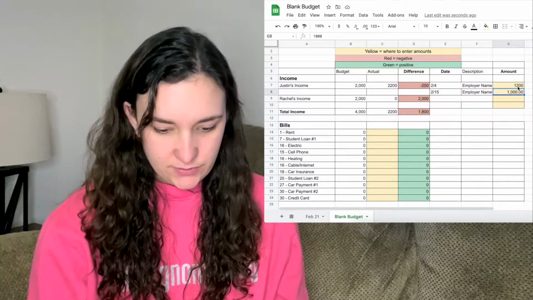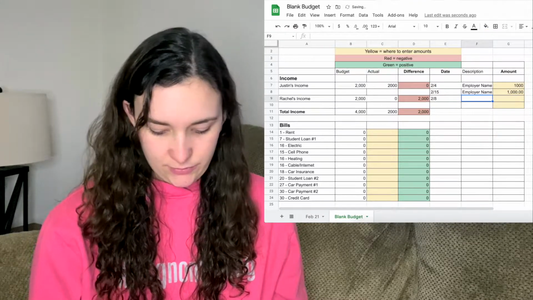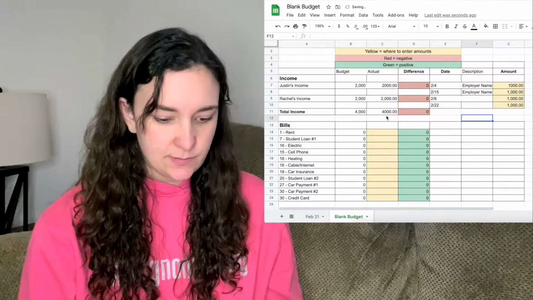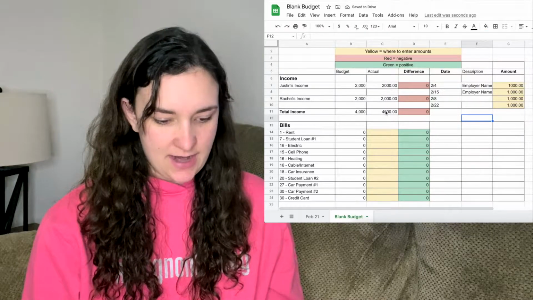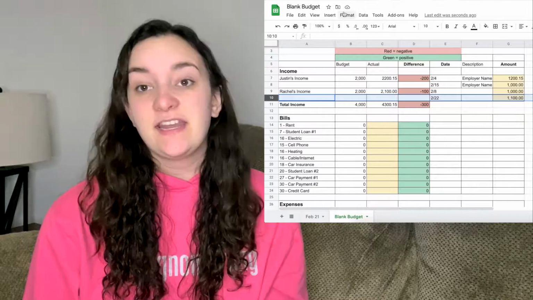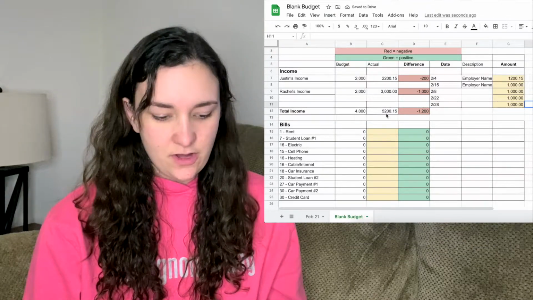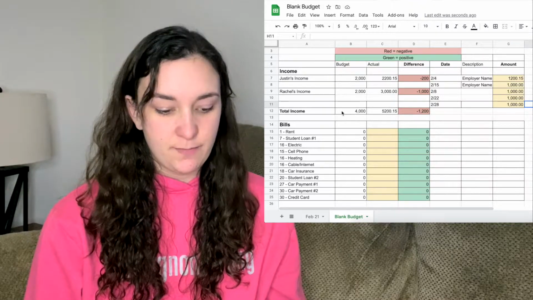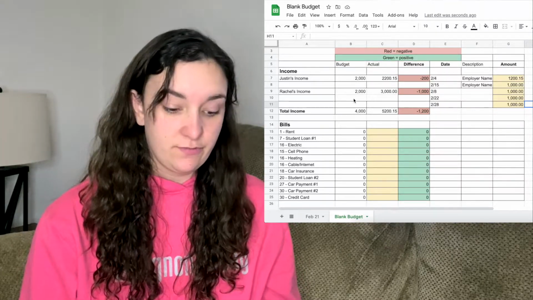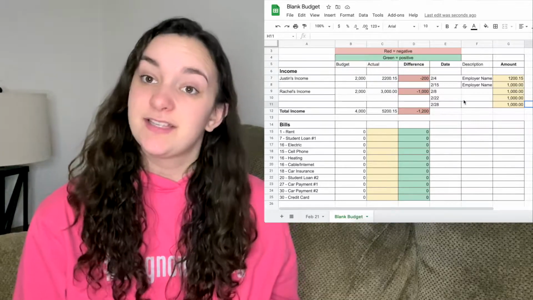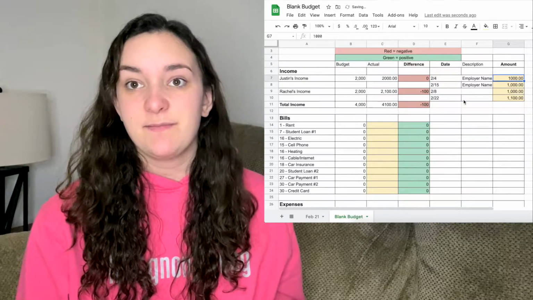So let's just assume that went like normal, and then assume that I got paid like normal. So this would all calculate out, so that is our actual amount. That's the income amount. If it's a month that we do get paid a third time, I just add in an extra line, and then it'll automatically calculate it so we have extra. But again, our budgeted amount is only $4,000 for the month. It's like a bonus on those months that we do get paid a fifth time, and it's not something that we're counting on.